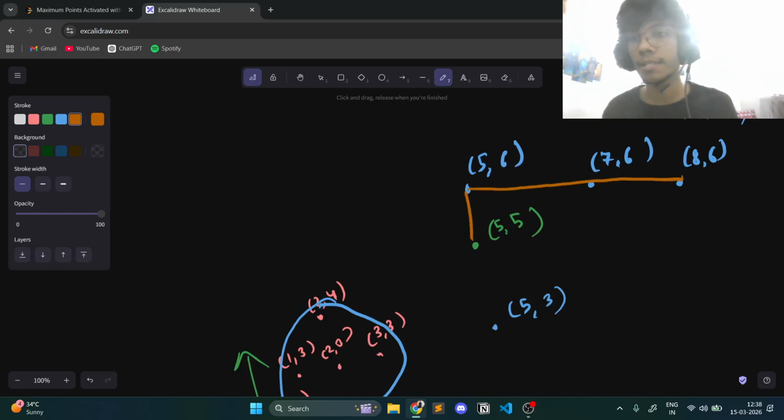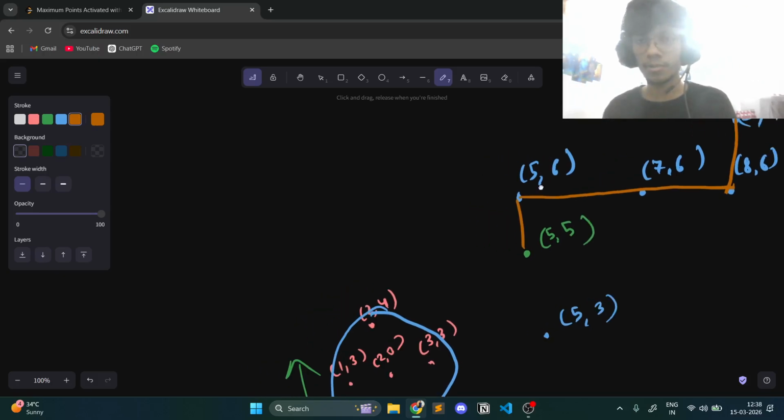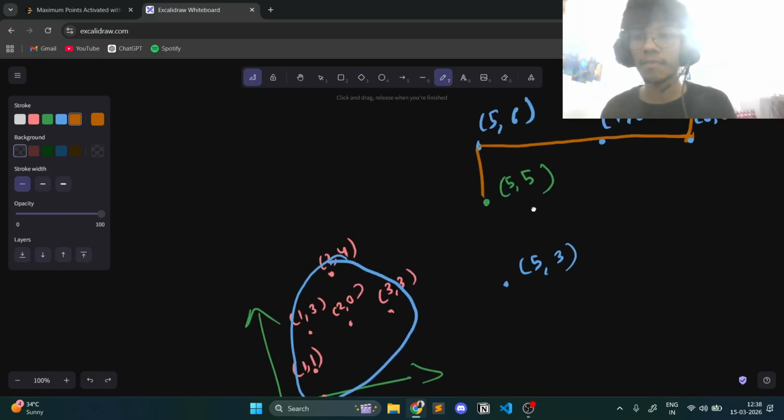So this is just one graph. You can say that this is one graph, and then this is one graph, and we can merge these graphs with each other by adding this particular coordinate which shares the same row or same column, right? We can merge both of them together, and then that is my answer. So essentially all we need to do is group all the points that we possibly can, all the points that either share the same x coordinate or share the same y coordinate. We can group them together, and we can create all these groups, and then we can just take the maximum